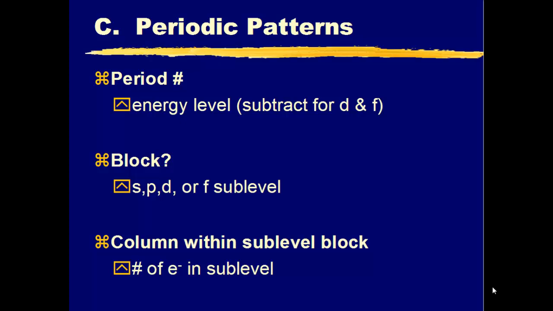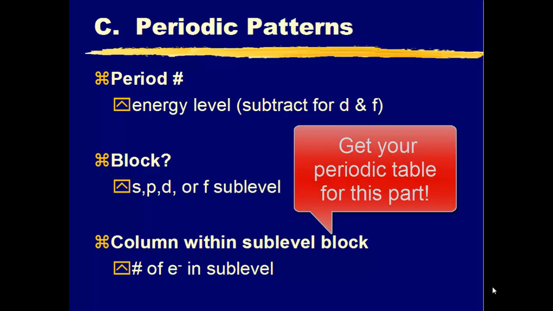S's are on the left side of the table, groups 1 and 2. D's are in the middle, groups 3 through 12. The p's are groups 13 through 18. And the f's are the 2 rows across the bottom, lanthanides and actinides. If you're trying to figure out how many electrons are in a particular sublevel, look at the number of electrons. How many columns over is it? For example,